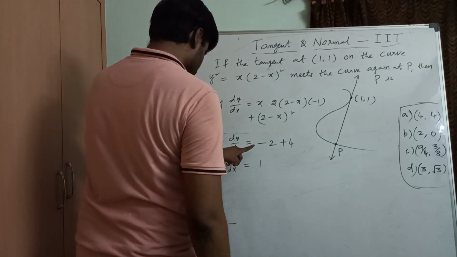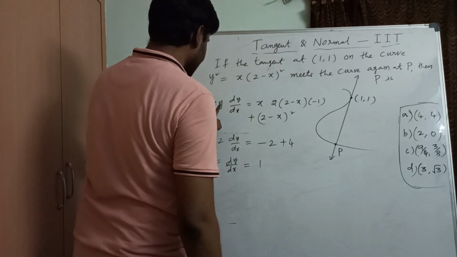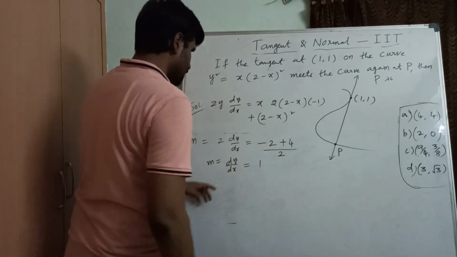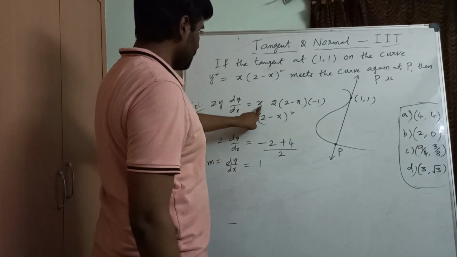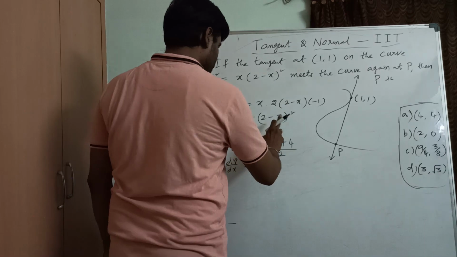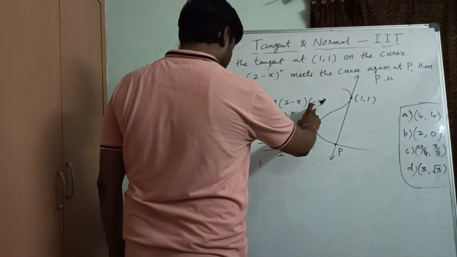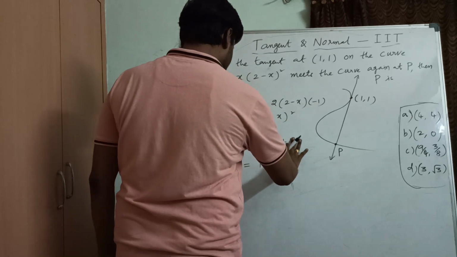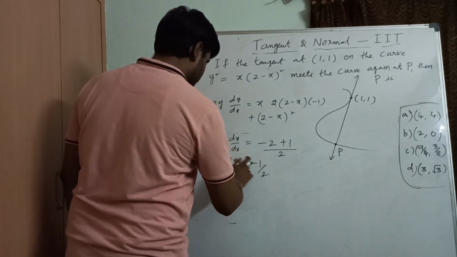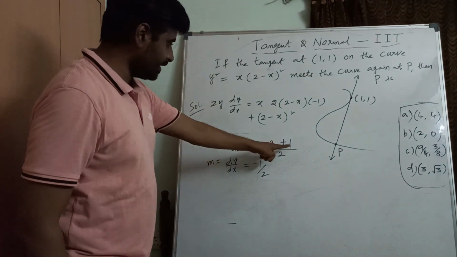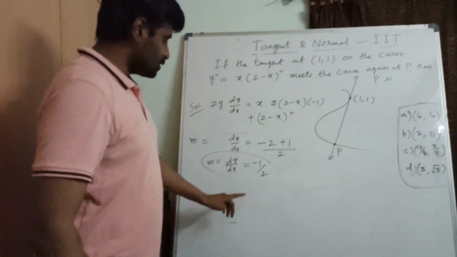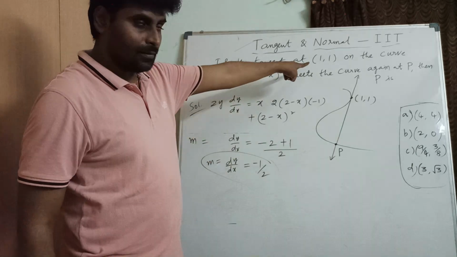But here 2 minus x whole square, so by 2 will come, so 2 into y, 2 into 1, so this comes down. Okay, so here if you observe, 1 into 2, 2, so 4 here, minus 4, right? So minus 4 will get here, so that means minus 2 plus 1 will get. So what will you get? Minus 1 by 2. Right, this 2 is coming down to y. So if you substitute y, this is the slope of tangent. So the slope of tangent is minus 1 by 2 and the point is 1 comma 1.